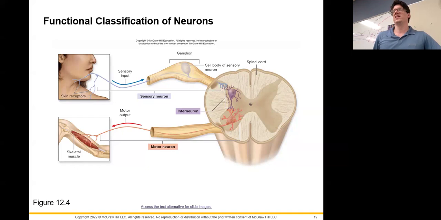Now, say you touch something that is hot, like you put your hand in a fire. Like you're in micro and you accidentally put your hand in your Bunsen burner. Don't do that. Those are not just a little bit hot, those are incredibly hot. That's going to be heat and pain information coming from your sensory neurons. They go up here and interface with this interneuron. That interneuron is going to be like, hey, dummy, move your hand. And then it sends a signal immediately out through the motor neuron telling your muscles to move your hand